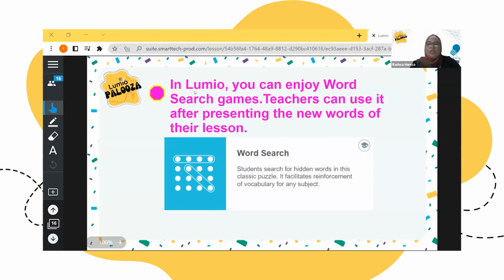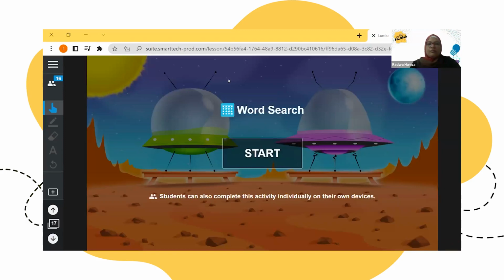In Lumio, you can enjoy word search games. English teachers can use it after presenting the new vocab of their lesson. So you can use word search for practice after teaching vocab. How can you deal with this? Okay, let's go.